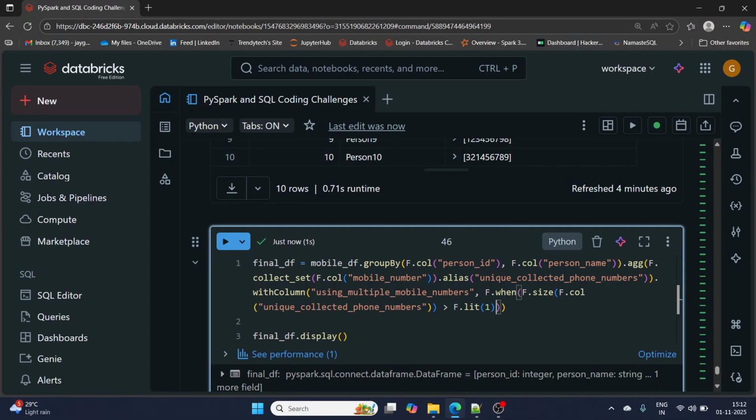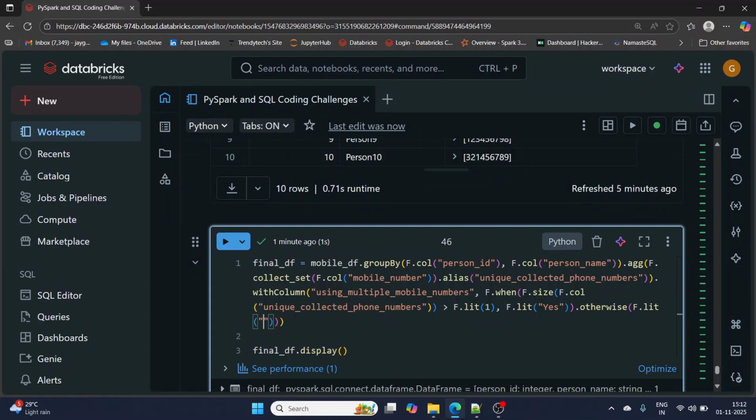Okay, if it is more than 1, then what I have to do? F dot lit yes, right? Okay, dot otherwise. If it is not, then f dot lit no. If it's not using greater than one mobile number, then it is no, right?